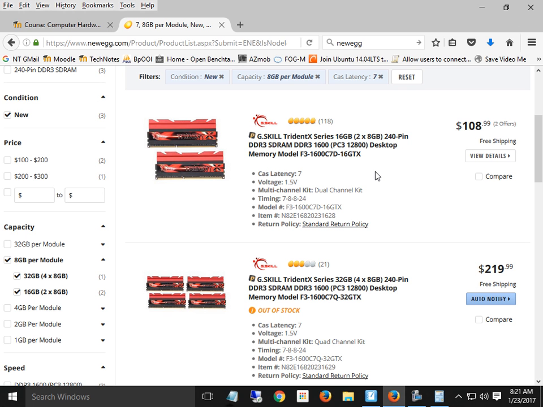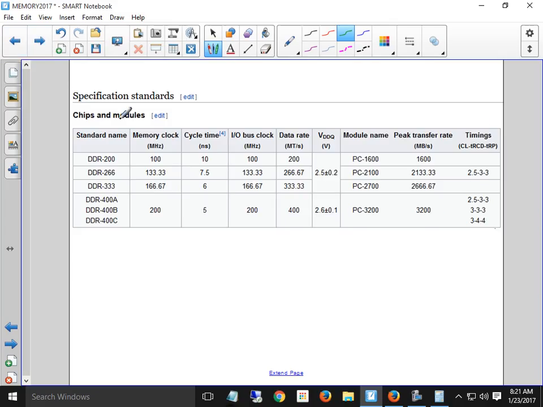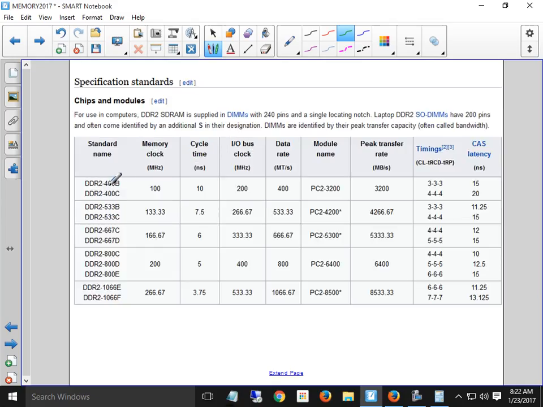Okay, and in fact, I'm going to go ahead on my little thing here a little bit. Let's see. Okay, so here's DDR, the original DDR. It's going to sound weird. DDR 200 had a speed of 100 because it was double data rate. It's called DDR 200. It's twice as fast as what the actual clock speed was. So the original DDR went up to 400, and then DDR2 started off at 400 and went up to 1066. And then DDR3,